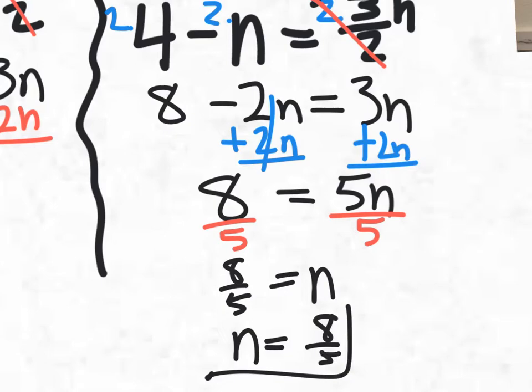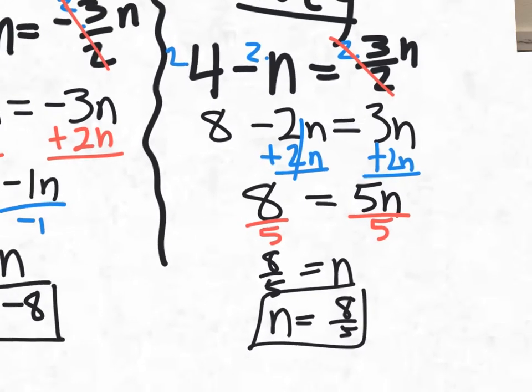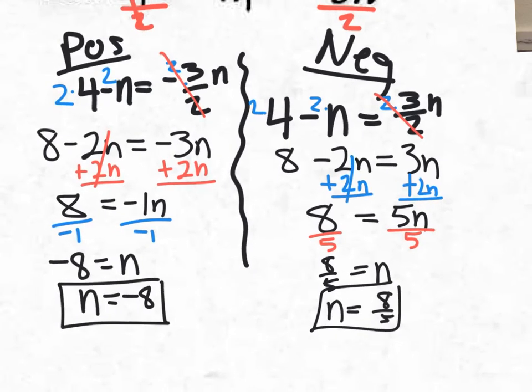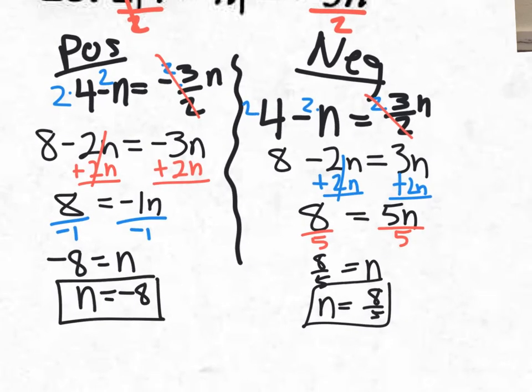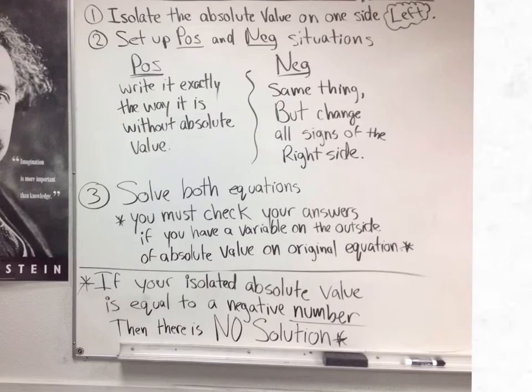Okay, that's an ugly 5. Anyway, we're done. We have our answers. However, if we take a look at our notes, this step 3 that we just did, we solved both equations, but we must check our answers if we have a variable on the outside of the absolute value